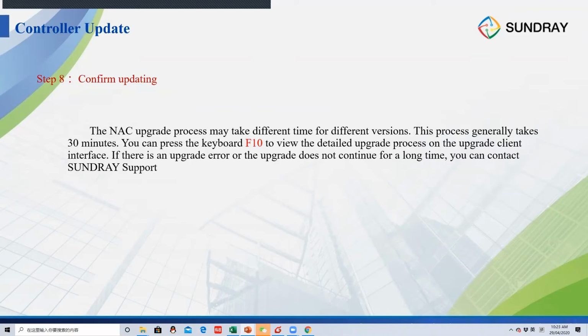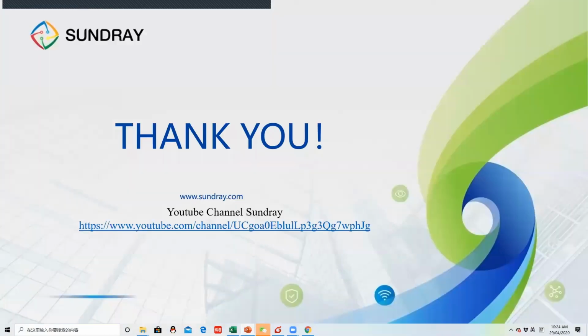And if there is some problem, it will show you that right now we encountered the KB package. There's a KB package we need to remove. We need to roll back before we do the updating. So if you press F10, you can check the updating process. Okay, this is the first